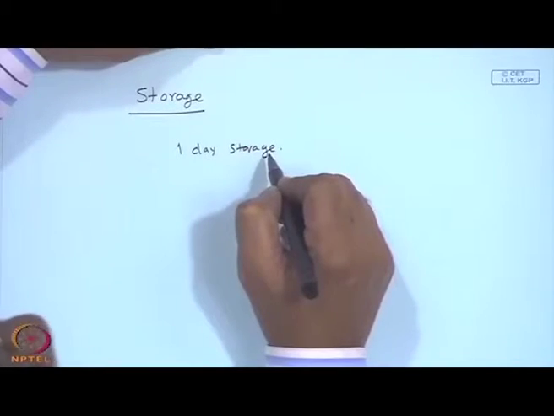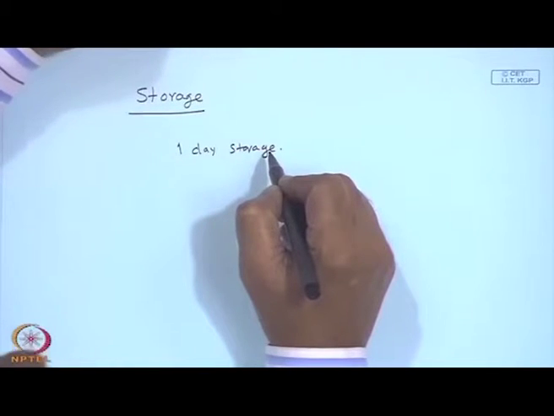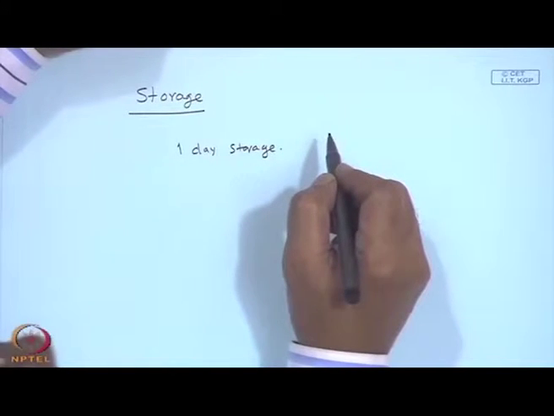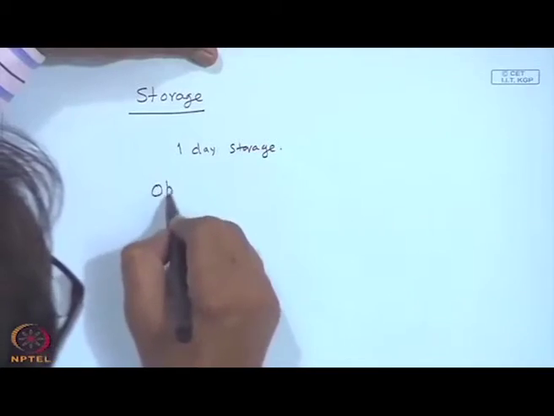Obviously, depending upon the solar radiation that is available, the energy delivered will depend upon the season. And you may typically provide 1 day storage, so that the energy collected today shall be available for use irrespective of the timing the next day. So, a 1 day storage is typical, and for an optimum method,